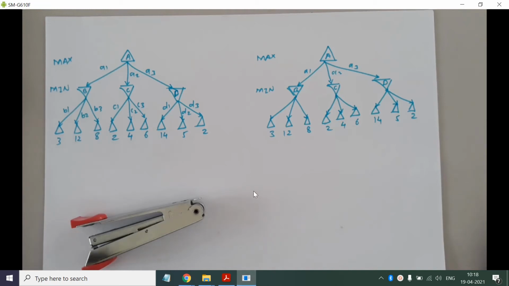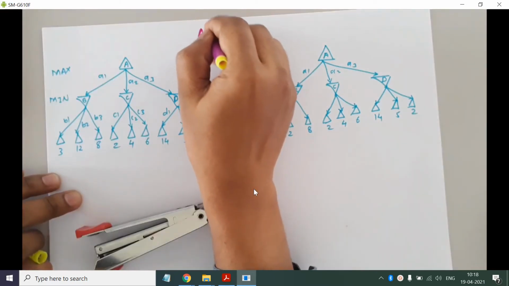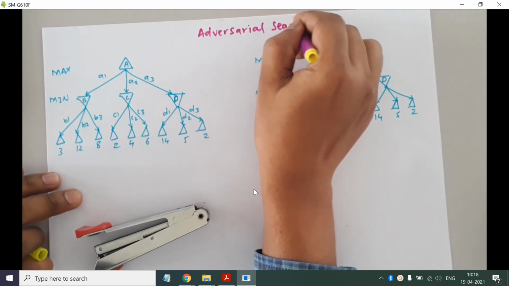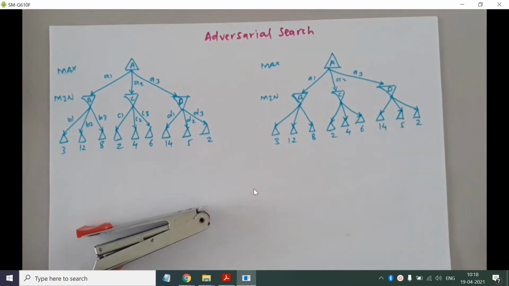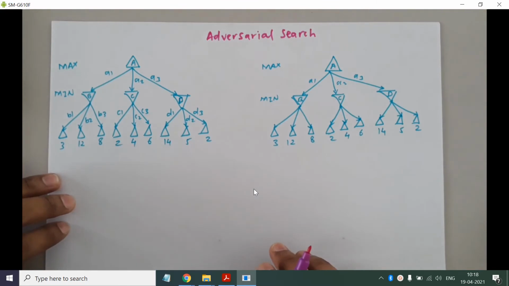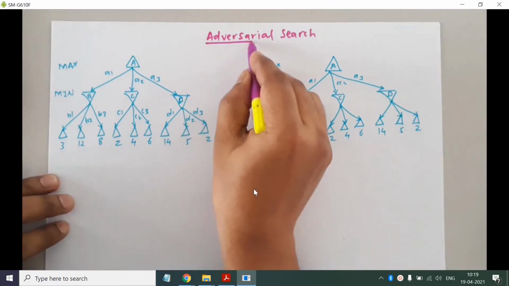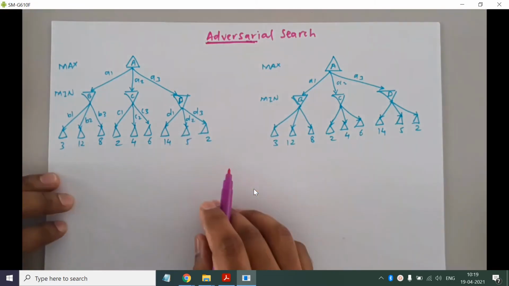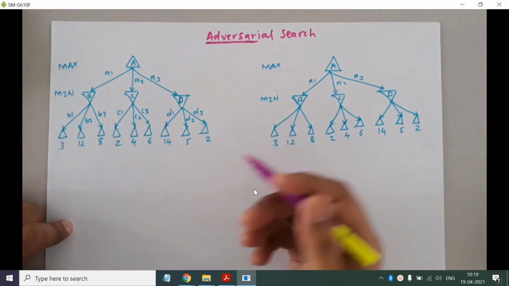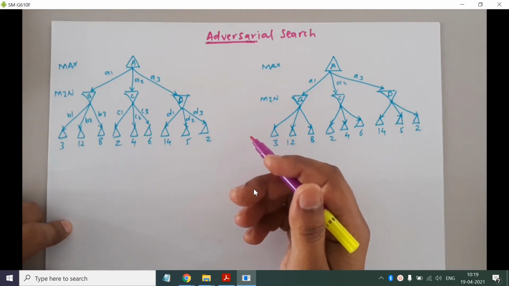Okay, so currently we are studying our fourth unit called adversarial search, also known as game playing, because here two agents are involved and they are operating in competitive mode. Okay, so adversary means opponent, right? So here the opponent is involved, and in this we are focusing on a two agent system. Okay, and they are operating in competitive mode, so that means they are playing against each other.